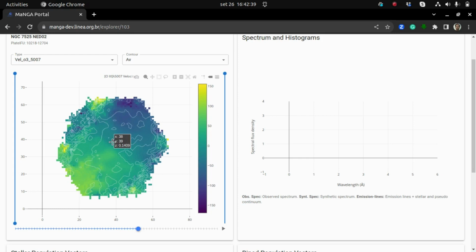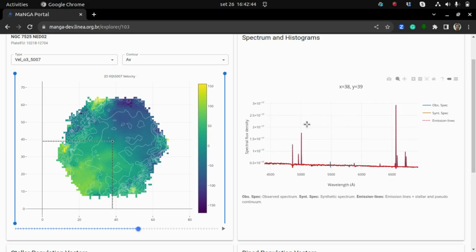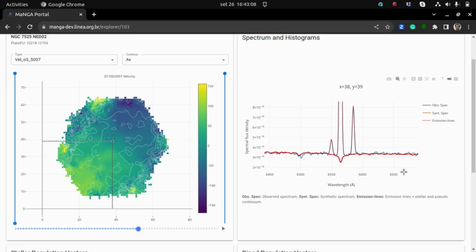If you click on a specific position, the panel on the right shows, after a few seconds, the observed spectra along with the synthetic spectra. The observed spectra is in blue, the synthetic spectra is in red, and the emission lines are red dotted. You can also zoom to see a detail of the spectra,